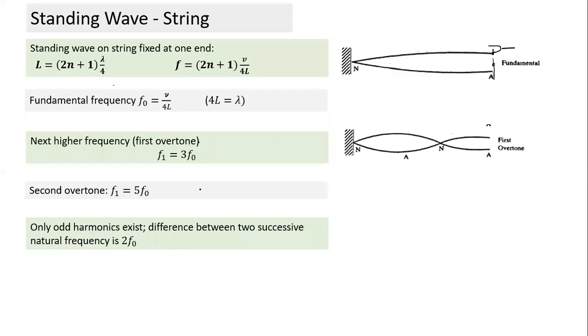And the difference between two successive harmonics is equal to 2f0. In the previous case, the difference between two successive harmonics was equal to f0, since all harmonics existed. Here, the difference between two successive harmonics is equal to 2f0. So probably this is how it will oscillate in the second harmonic. So what are we doing here? Every time it oscillates, the end has to be a 1/4 wavelength. The end has to be an antinode here. So every time we add one more harmonic, 1/2 wavelength is getting added. First overtone, 1/2 wavelength added. Second overtone, 2/2 wavelengths added.